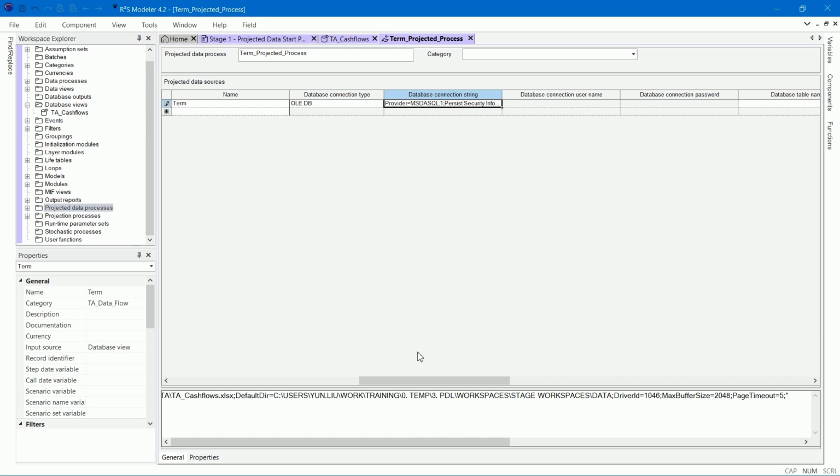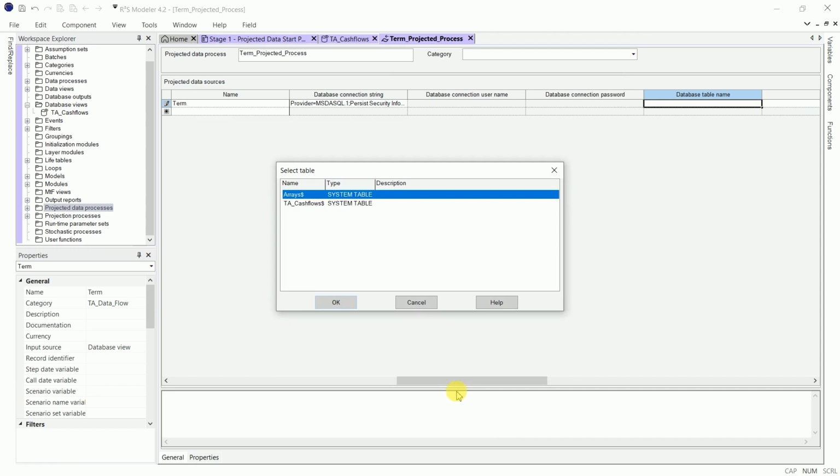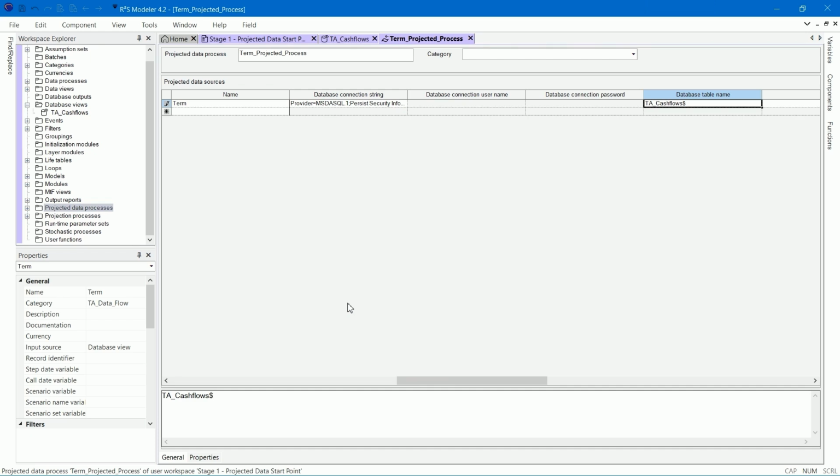For the database table name, in the formula window, right-click and select Locate Table. Select TA Cash Flows. Next is the property, Record Identifier.